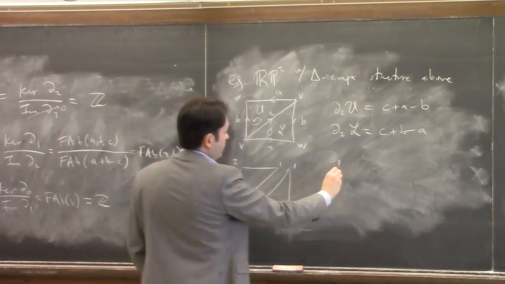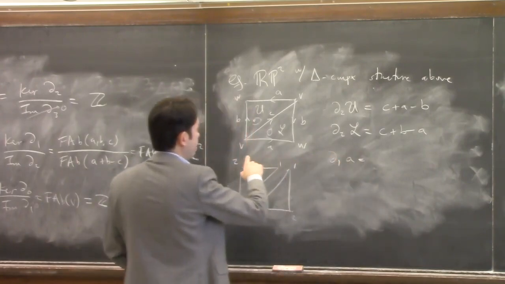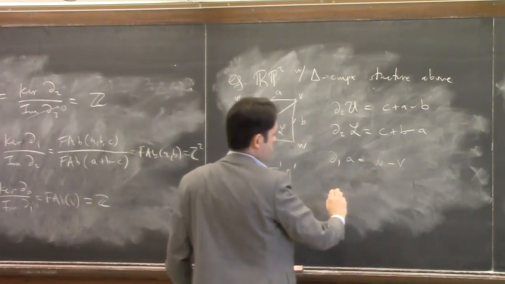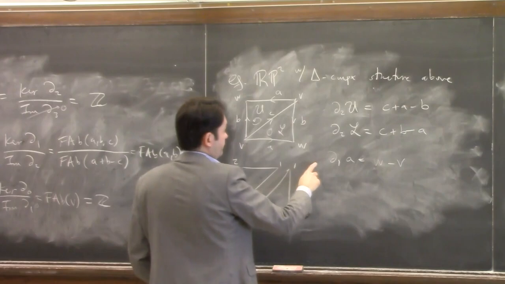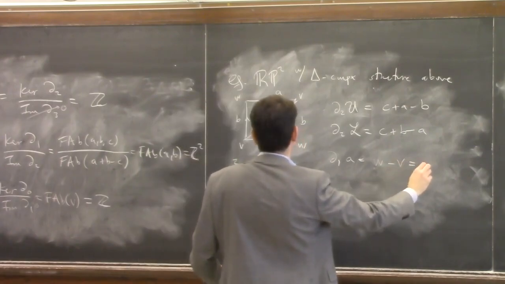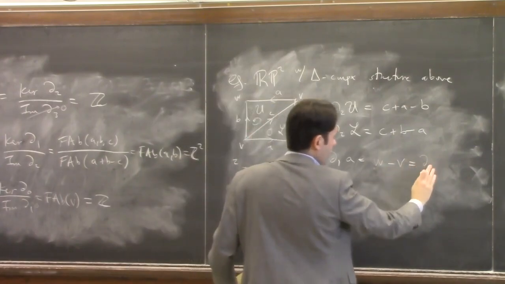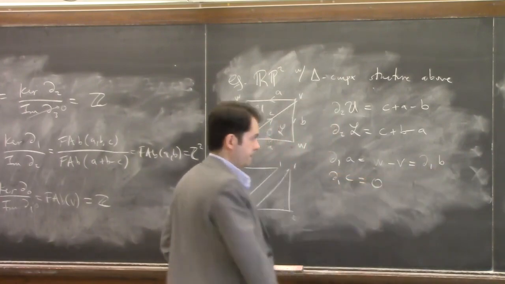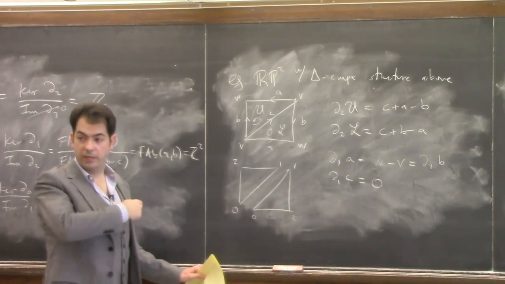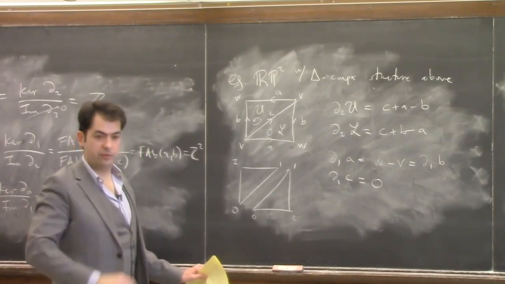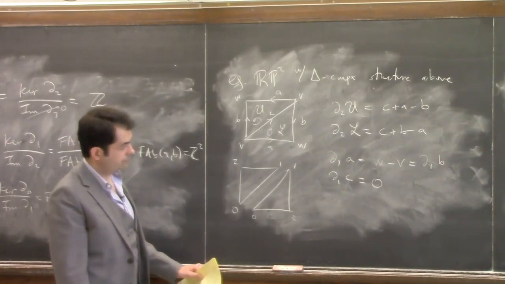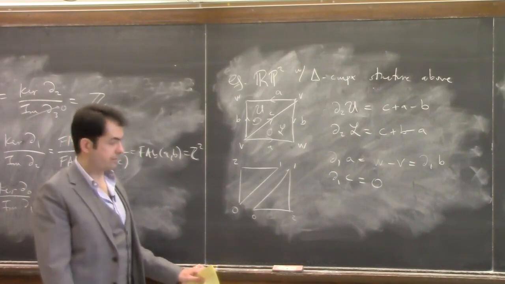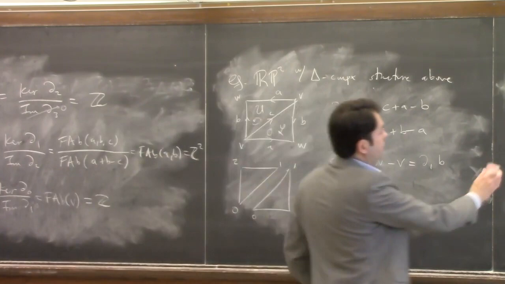Boundary 1 of A is going to be W minus V. That's also boundary 1 of B, whereas boundary 1 of C is 0. Right, because C begins and ends at the same vertex. Okay, so